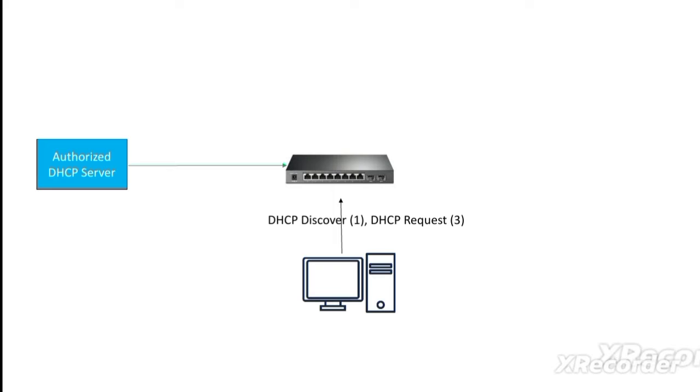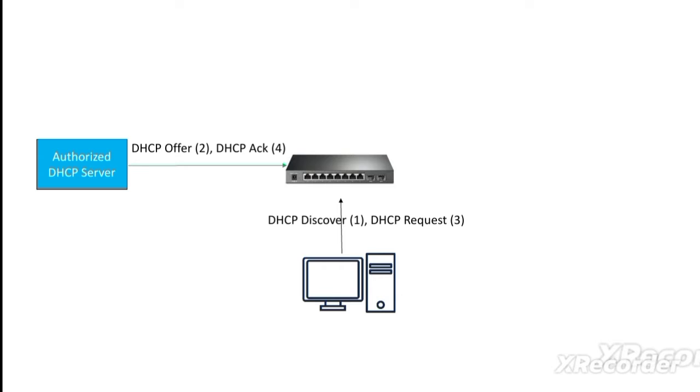So the client will send the first DHCP Discover message, and the DHCP server will send the second DHCP Offer message, and the client will send the third DHCP Request message, and the DHCP server will send the final fourth DHCP Acknowledgement message. So the client will get an IP address from the DHCP pool of this DHCP server,